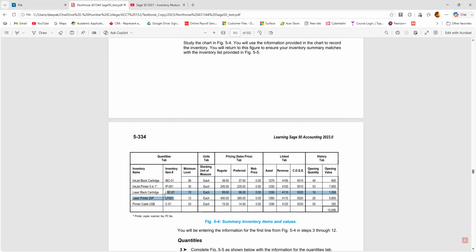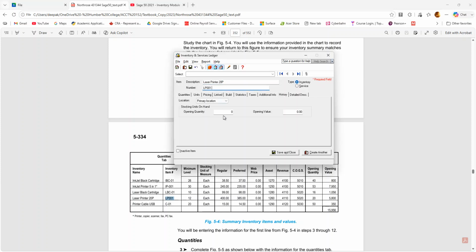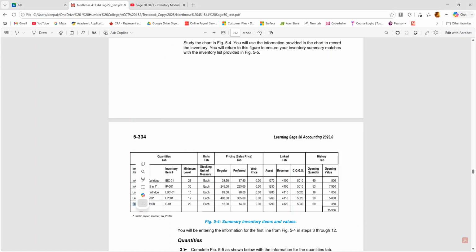The name is this, the item number is this, starting from the beginning again, minimum 12, the pricing is 400 and 385, and the link up 1260, 4110, and 5020. And coming to the history, we have 20 of these, and 5800 is the total value, and then create another, and this will be printer cable USB,